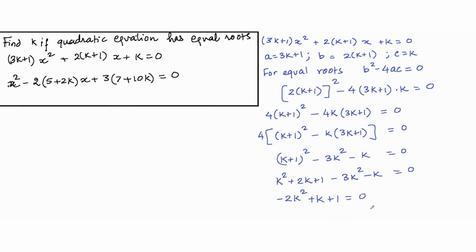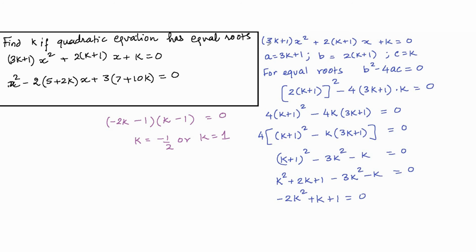So now this is again a quadratic equation in k, which I can definitely solve. You are free to use any method that you want. Eventually you will get minus 2k times k minus 1 is equal to 0, right? And therefore solving these you will get k is either equal to minus half or the value of k is equal to 1. Now again I just want to check whether these values of k make sense.